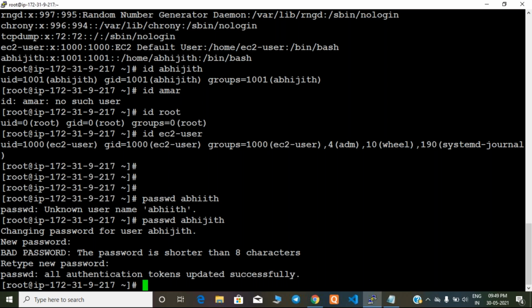Still, I cannot log in with Abhijit, guys, because of the default AWS environment. The servers which you launch in AWS disable the other user logins. So initially, as a DevOps admin, what you have to do?